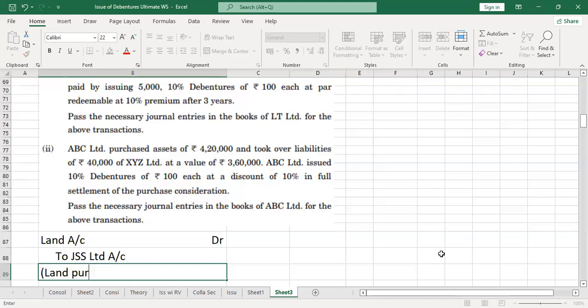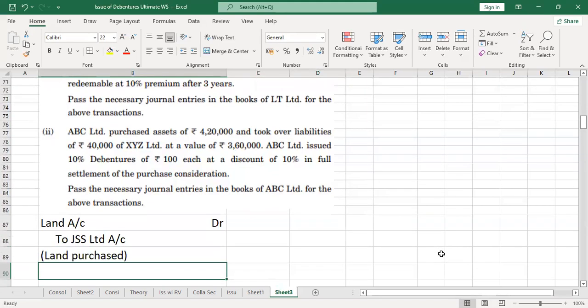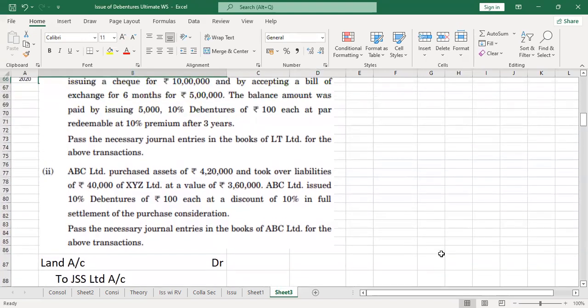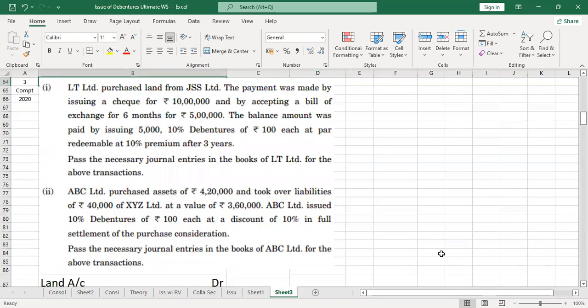Land purchased. But have they given for how much they purchased the land? No, they have not given that directly. But they've given it indirectly. How have they given it? The payment was made by issuing a check for rupees 10 lakh and by accepting a bill of exchange for 6 months for rupees 5 lakh and balance amount by issuing 5,000 debentures of 100 each at par, redeemable at 10% premium thereafter. So, my dear children, what they have done is they've given the total amount of money paid,